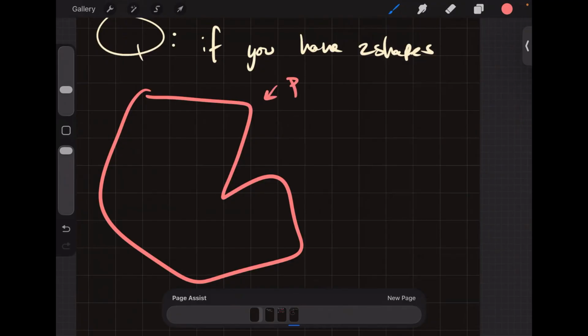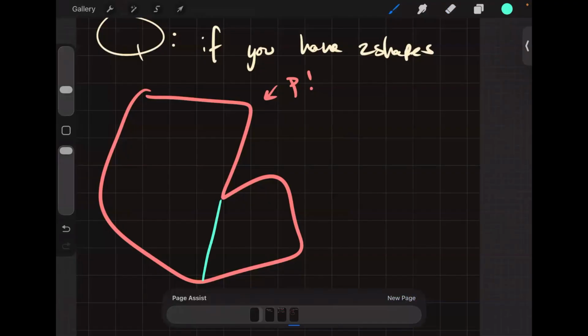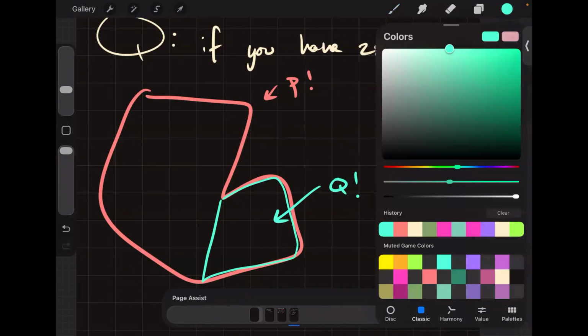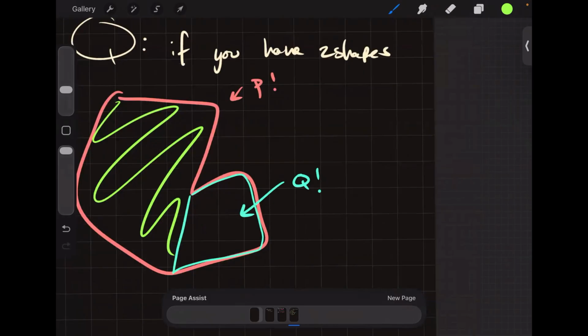This is P, and a smaller one on the inside, call this Q, right? And then we'll call this piece right here R,